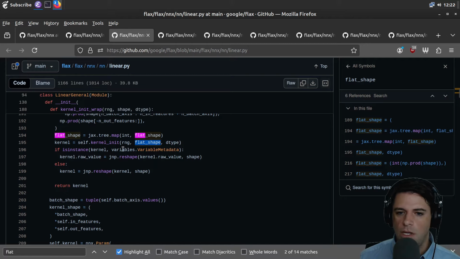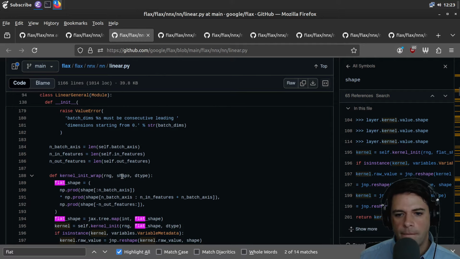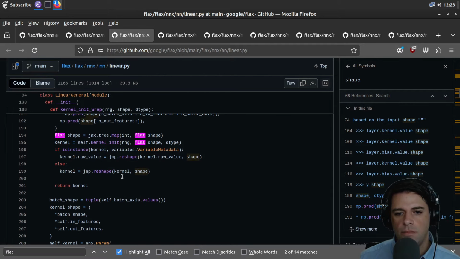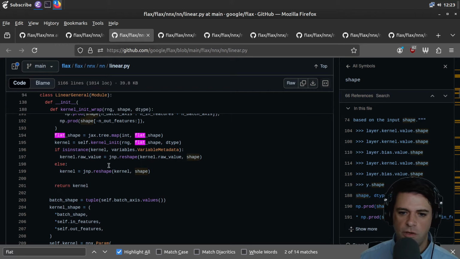And then we look at something about whether the kernel is an instance of the variable metadata, which I'm not sure what that is. Otherwise, we're going to call reshape on the kernel with the given shape. So I think that kind of what we're doing is the shapes of the tensors are really kind of like a fiction for humans to worry about. And then under the hood, we're just dealing with like a